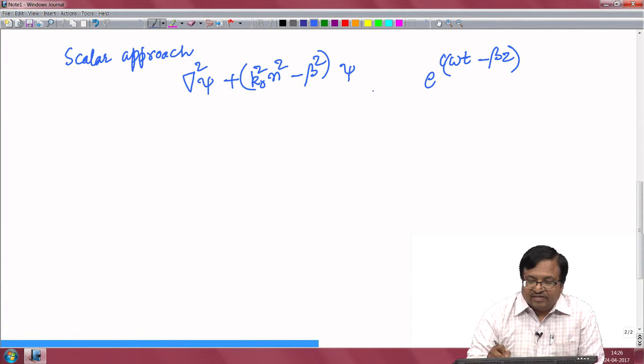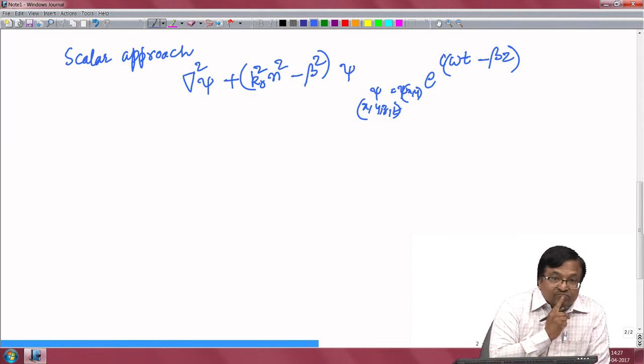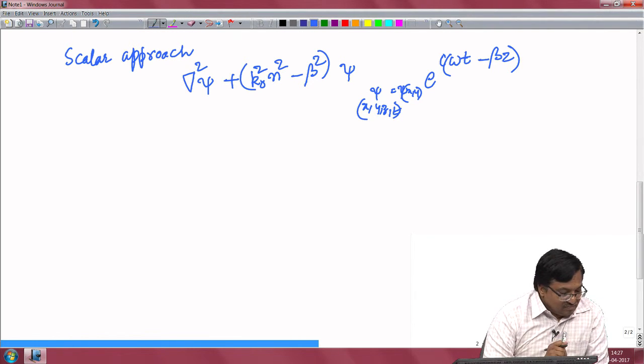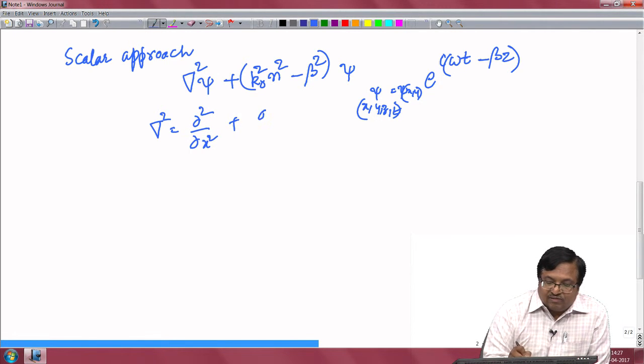All the fields psi have been assumed to be a function of only x, y, rather than x, y, z, t. Here the transverse Laplacian is given by del square with respect to x square and del square with respect to y square,